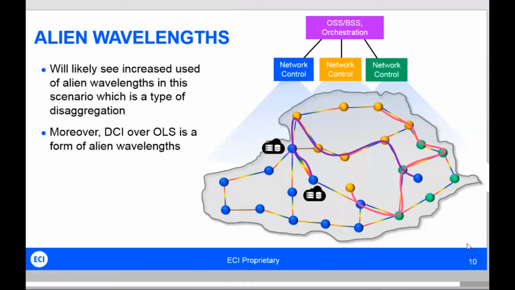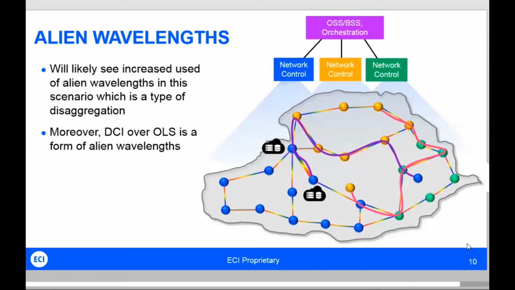One thing worth pointing out in this kind of scenario is when you do have multiple vendors' equipment, in many cases, for some particular reason, you'll have a signal starting off with one vendor, and then you're going to want to run it over someone else's network and then end up on the original vendor's equipment. And this is something which is called alien wavelengths. So an alien wavelength means that you're running someone else's optical signal using a transmit-receive pair over another party's optical line system.